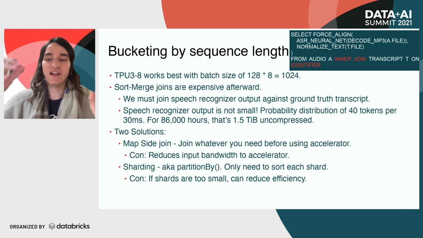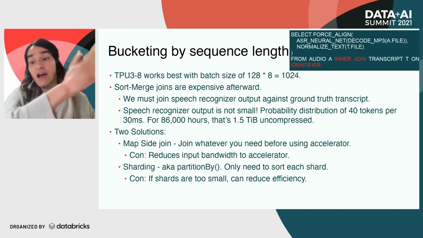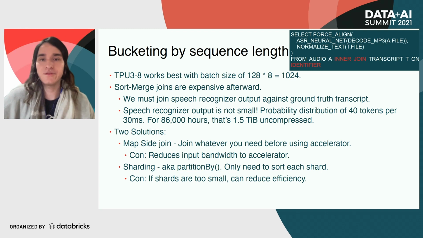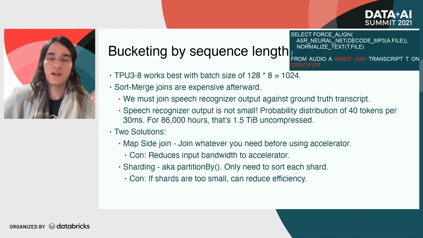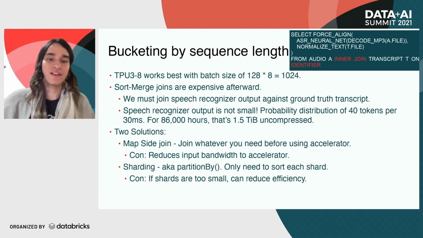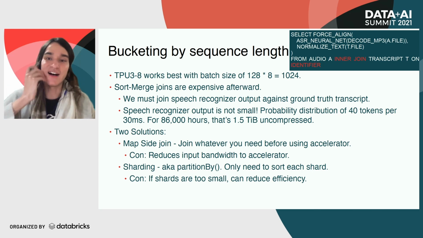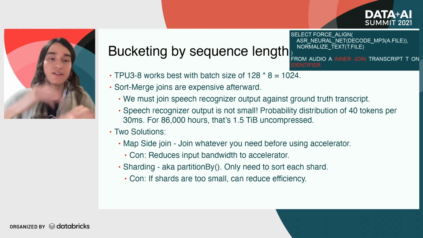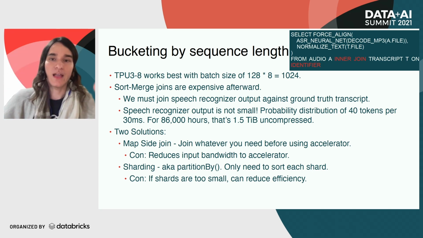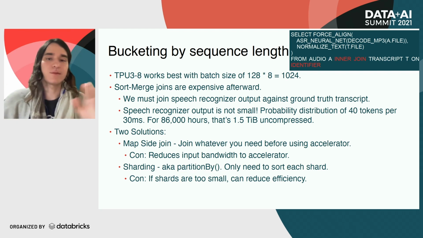Effectively, what that means is that even if your data is sorted on the input, so in our case, it's sorted by this identifier key you can see at the top right highlighted, both the audio and the transcripts are sorted by that key. When the audio comes out of the neural network process, it's no longer going to be sorted by that key. It's going to be sorted by its sequence length. So actually, you need to do a sort again, at least if you want to do a sort merge join. And I haven't heard people talk about this before.